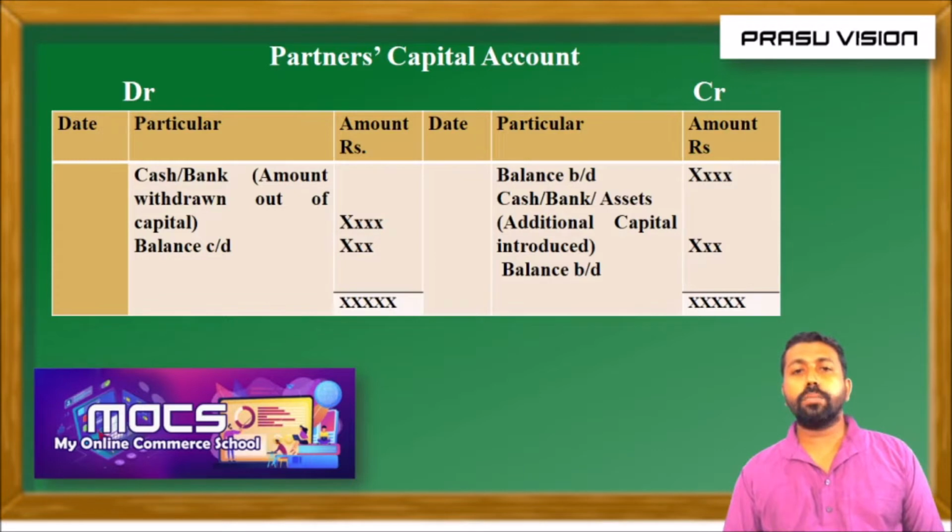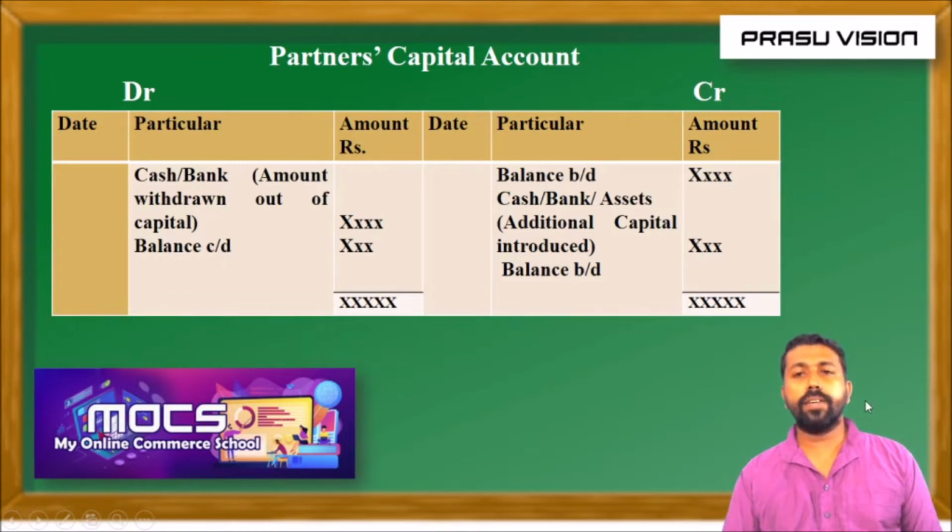So it will be recorded as by cash or bank or asset. Also, if there is any permanent withdrawal from the capital, not temporary withdrawings or withdrawings for personal use, it will never be recorded in the capital account as per the fixed capital method. Only permanent withdrawal of cash is recorded on the debit side of partner's capital account, and the remaining amounts will be balance carried on.